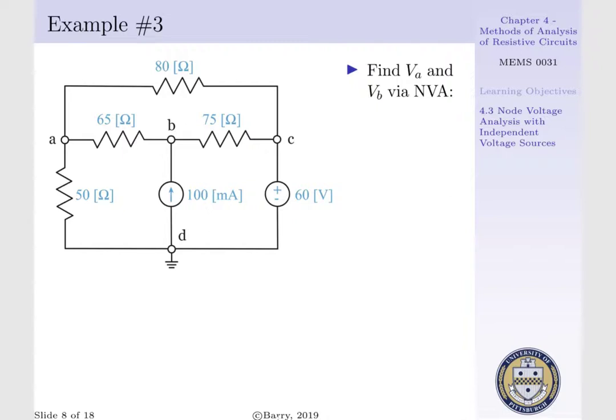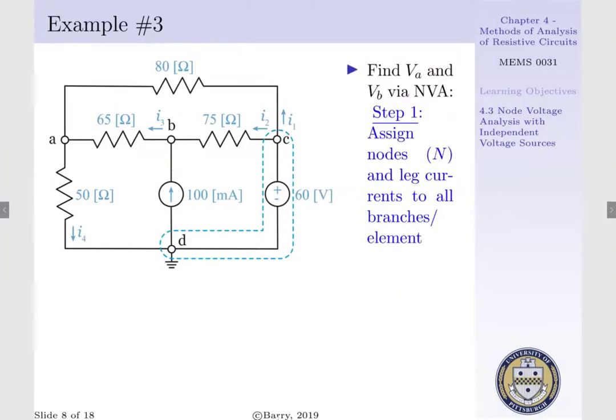Let us consider example 3, where we want to determine our node voltages at nodes A and B using node voltage analysis. We will proceed with our standard 4-step solution methodology. Step 1 is to assign our nodes A, B, C, and D, as seen to the left, where D is